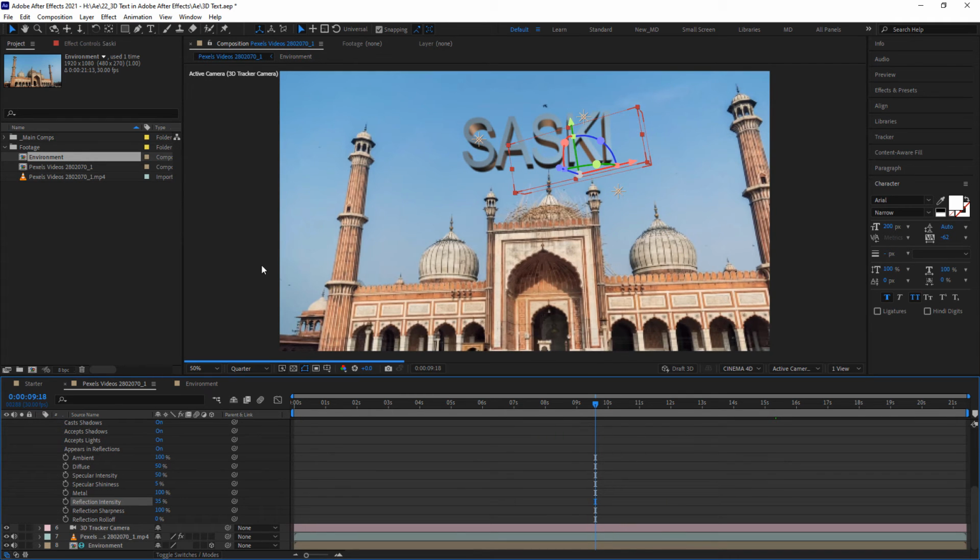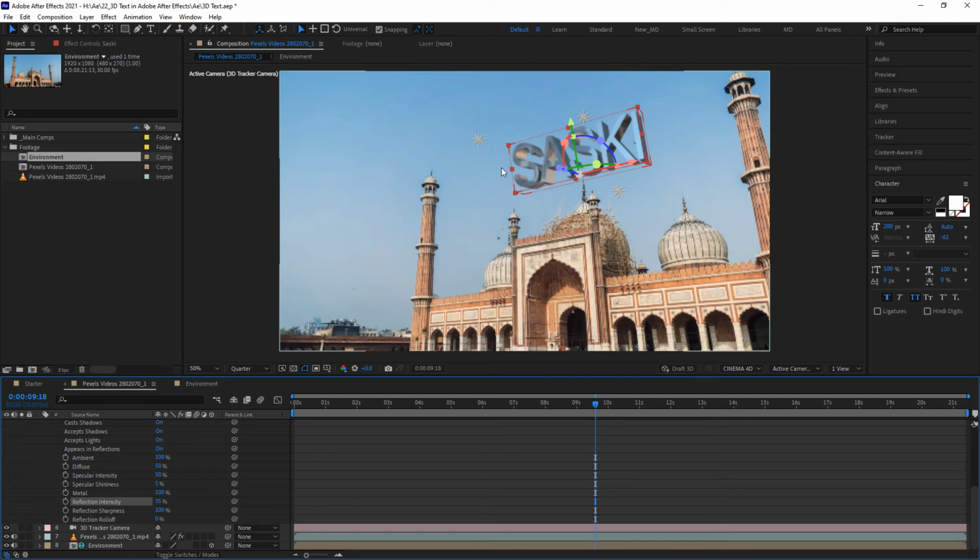And you can use that to create reflections. You can see I can see some of the reflections of the sky in here, and some of the letters, and some of the buildings and other stuff. Now as I play this, it's going to look a little bit nicer. But before I do this,